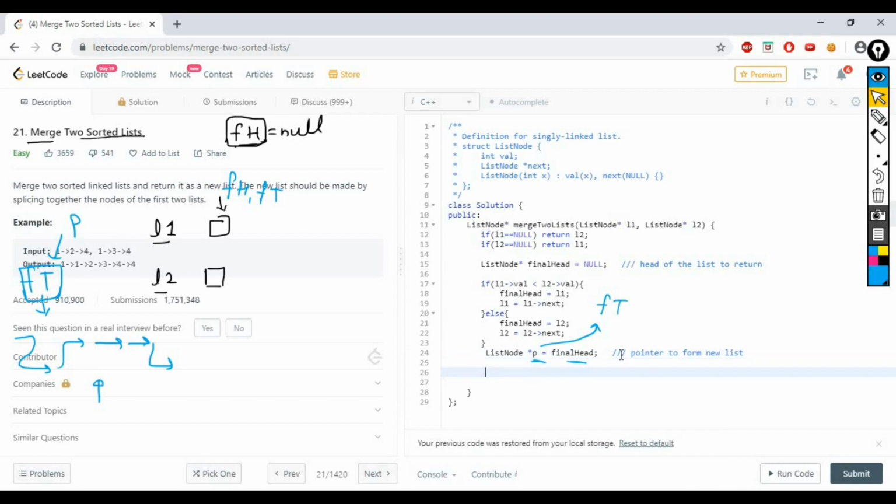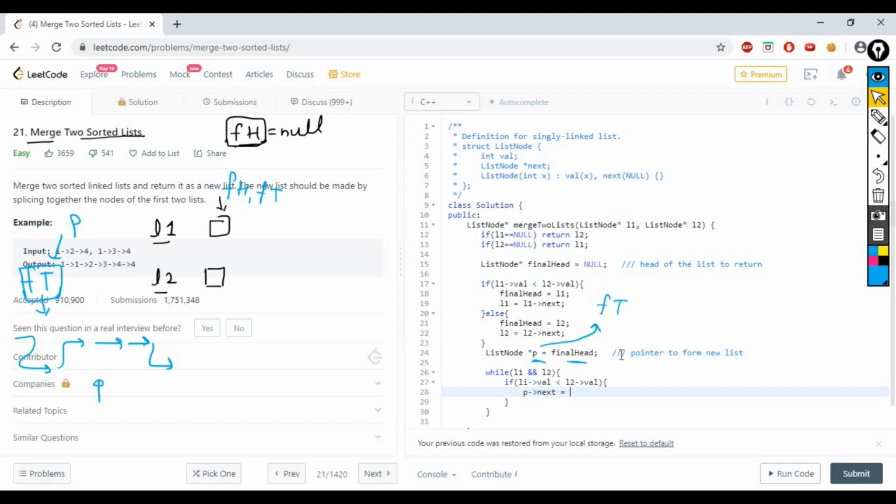Okay, so now we need a loop. So while L1 exists and L2 exists, so while both L1 and L2 exist, what we have to do, we have to compare their data. So if L1 value is less than L2 value, so in that case what we have to do, so my final tail arrow next, that means P arrow next. So final tail arrow next, we have to insert a tail, right?